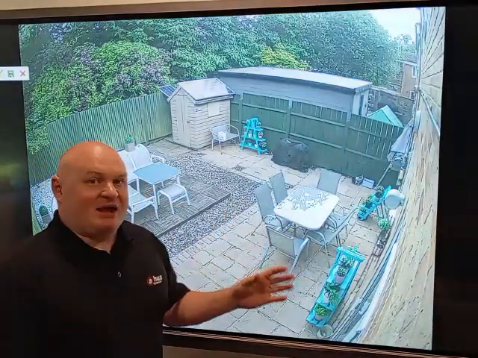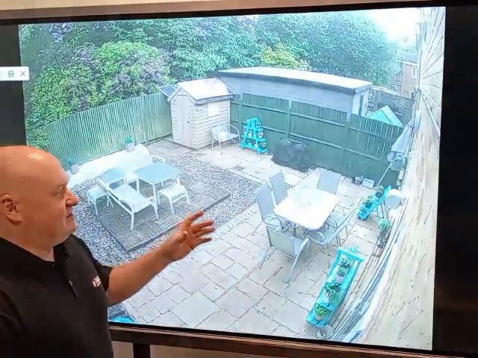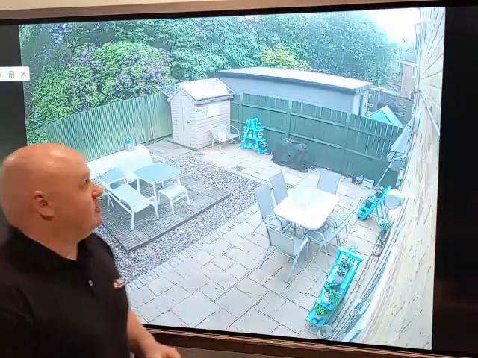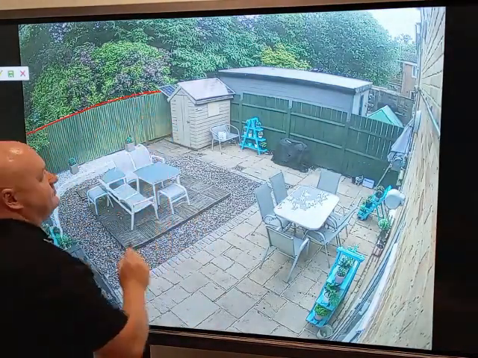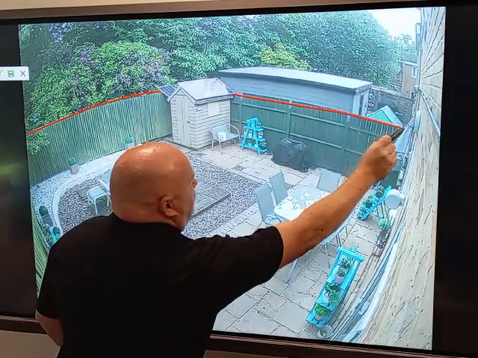Okay, happy Friday, everyone. We are now receiving daily calls about Tripwire and Intrusion and the fact that it's either not working at all or not working as expected. Now, after investigation and inspection, some of these lines being drawn are just simply not logical. If we take the famous back garden here, we have seen examples which would be the equivalent to people drawing lines up there or up there.